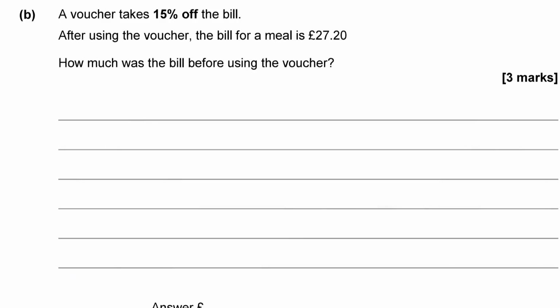11b. A voucher takes 15% off the bill. After using the voucher, the bill for a meal is £27.20. How much was the bill before the voucher? Okay, so